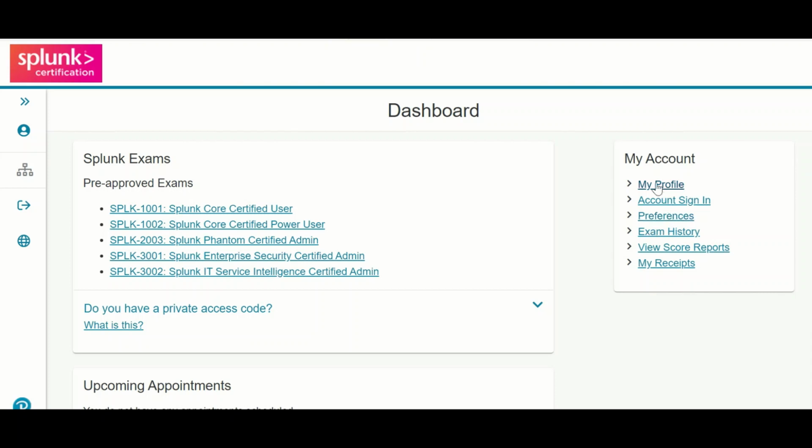Now here you can see different options: profile, account sign in, preferences, exam history, view score reports, and my receipts. Then on the left-hand side you can see pre-approved exams, and I have many pre-approved exams. Earlier, Splunk had a prerequisite that you needed to do the courses before you could appear for the exam, but now you can directly book an exam.